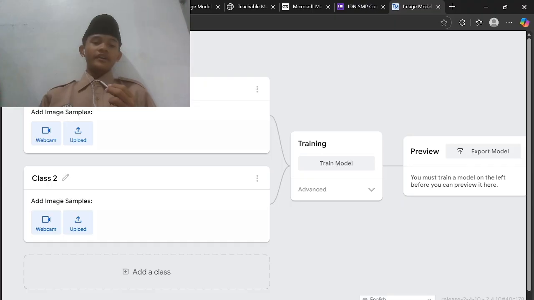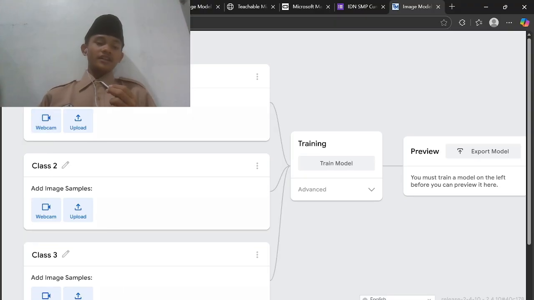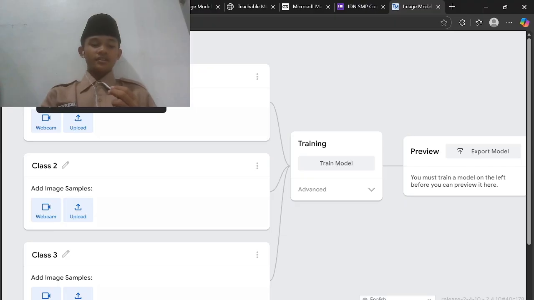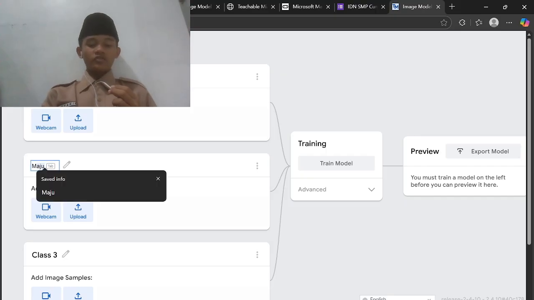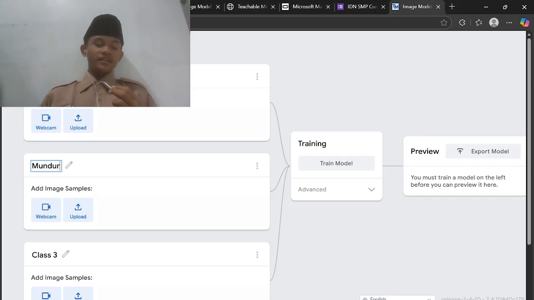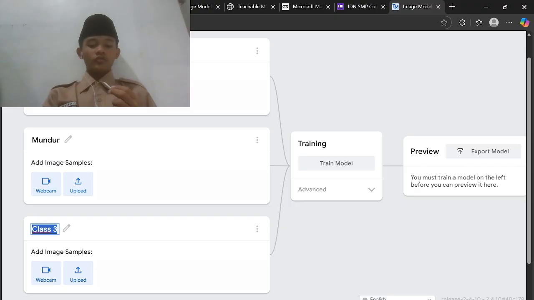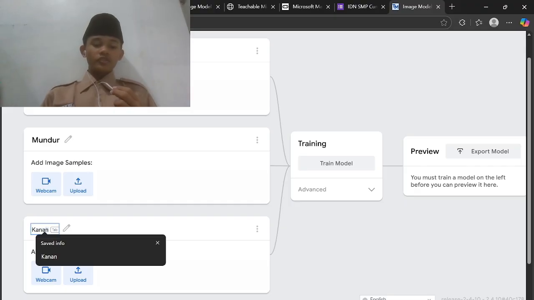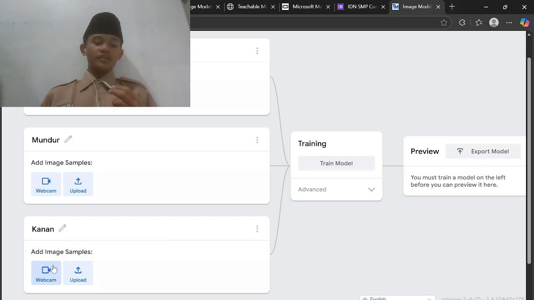For example, here there is class 1, class 2, and you can also add more. Later in these classes we will change them to, for example, maju or forward, mundur or backward, and go to the right.